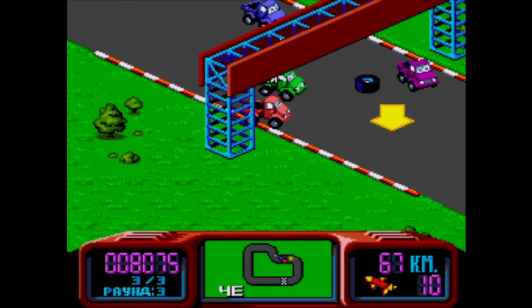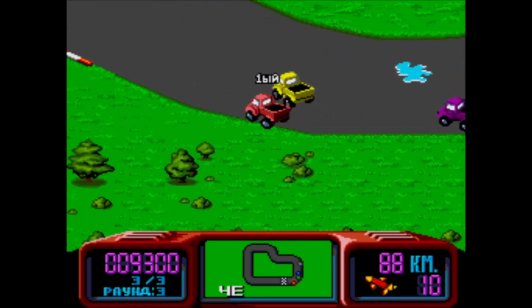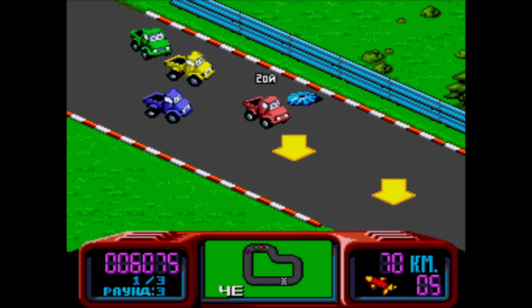You know what just popped into my head? What if a bird takes a shit on their windshield? They're literally getting shit in their eyes. What the